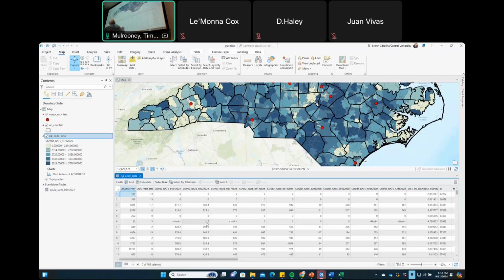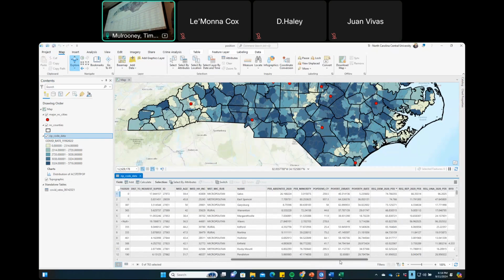We have COVID rates of 1/24/2021, COVID rates 3/17/2021, 4/5. I tried to collect these on a monthly basis. Then I caught a couple other things here, like distance to the nearest supermarket. There's a lot of different ways that we can measure that. I won't bore everyone with these things here. But I have things like median household income. This is metropolitan, micropolitan, rural. I kind of alluded to this before with the MSA designation: is something metropolitan, micropolitan, or rural.